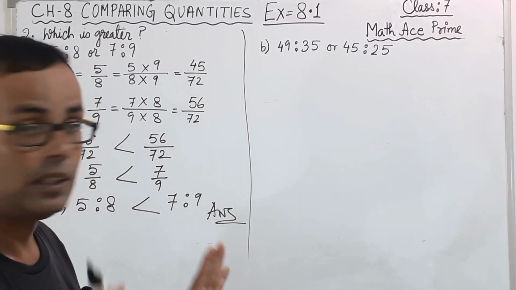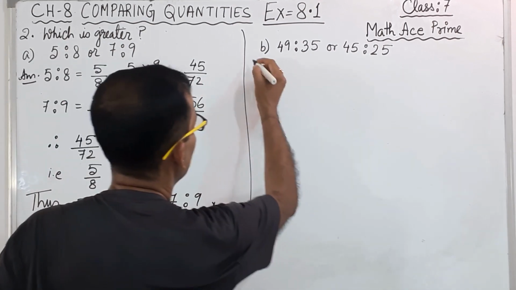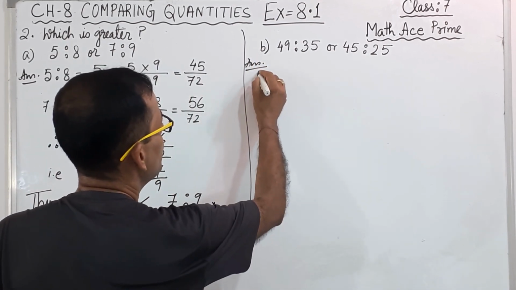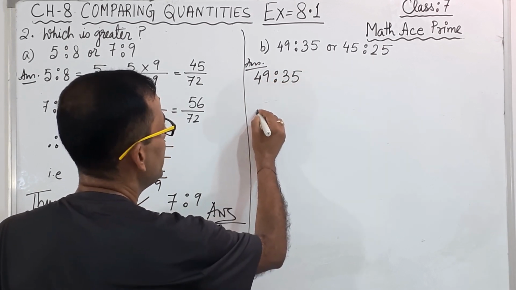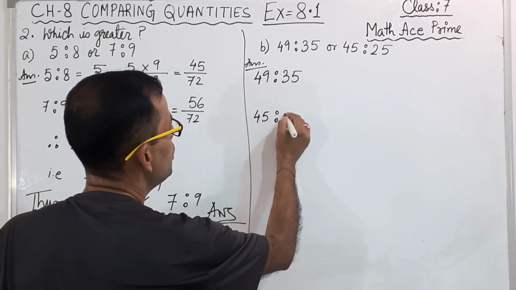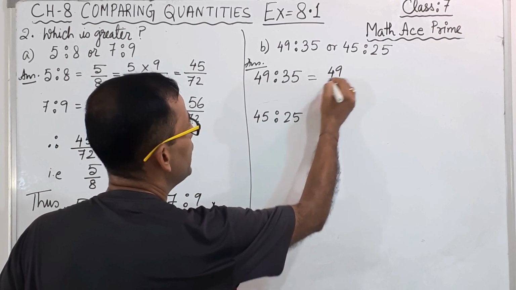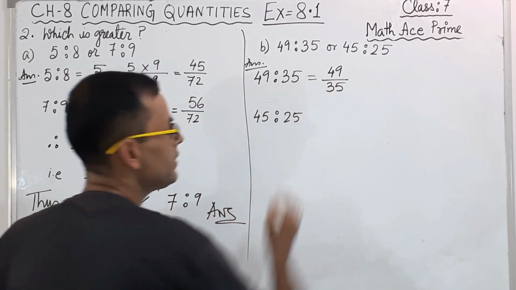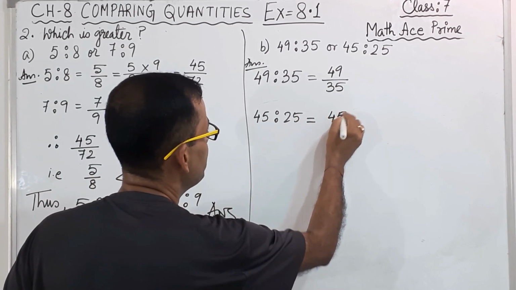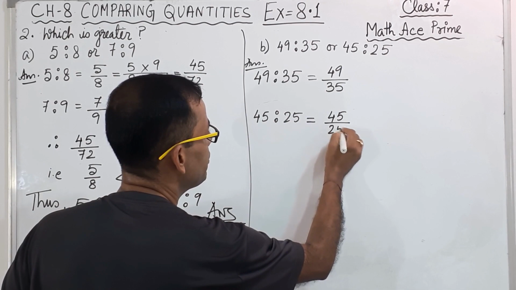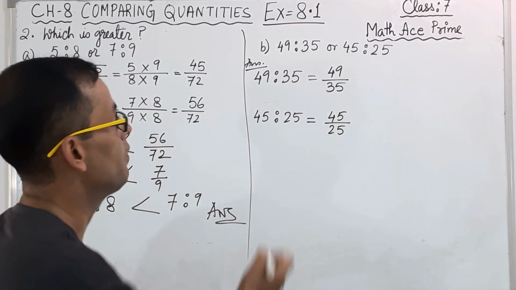अभी आएंगे सम नंबर बी में। मेरा ख्याल से सब बच्चे को समझ में आ रहा है ना कैसे मैं कर रहा हूं। इसका भी वैसा ही सेम तरीक़े से करेंगे, 49:35 ये लिखेंगे, और दूसरा 45:25। तो इसको हम 49/35 ऐसा करके लिख सकते हैं, ठीक है। और इसको 45/25।